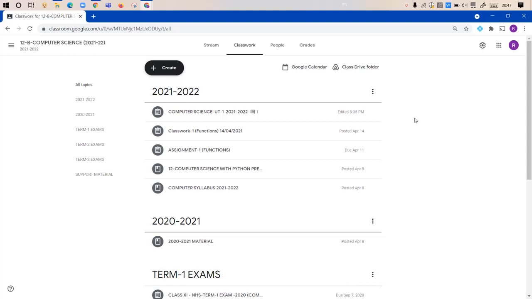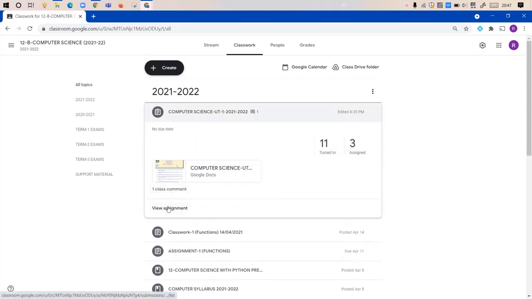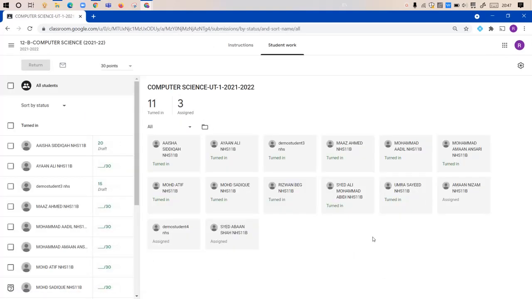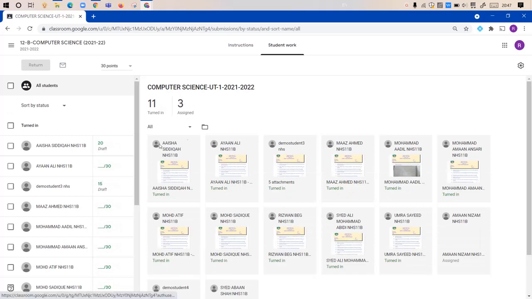Before the corrections, once you have completed your examination, see what happens in Google Classroom when the child has submitted the answer through a Google Doc. The child can anytime unsubmit the assignment or the test, edit that assignment and resubmit it.